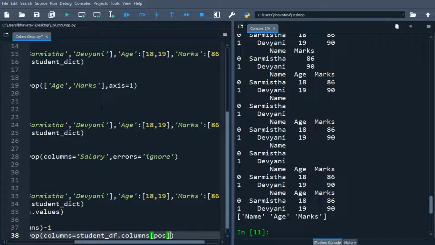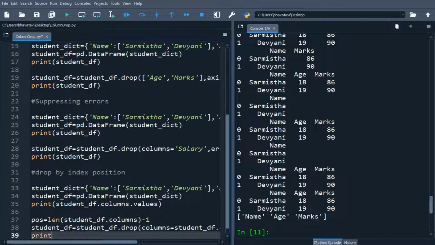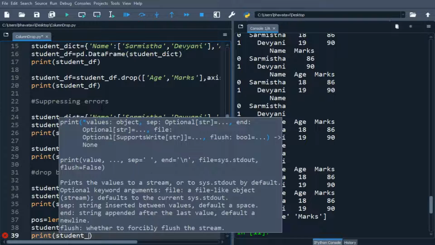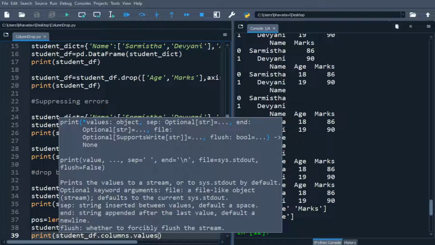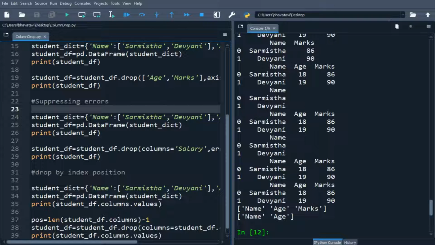Okay, we'll just print the student_df.columns.values. So you can see here it has deleted the column present at index 1.